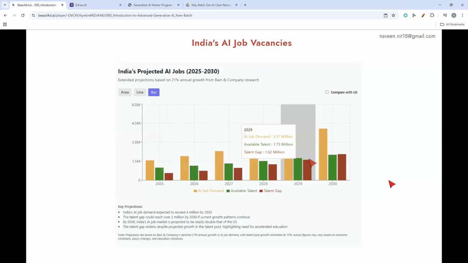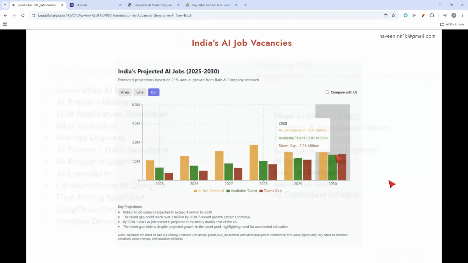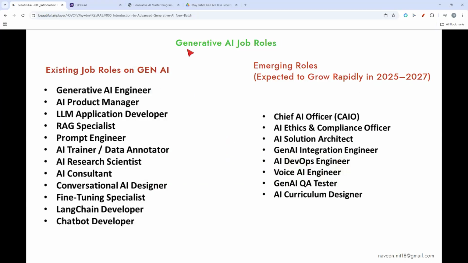Now we need to look at what generative AI job roles exist today. These are the existing job roles we have today: generative AI engineer, AI product manager, and so on. You can see even a machine learning engineer needs generative AI knowledge.